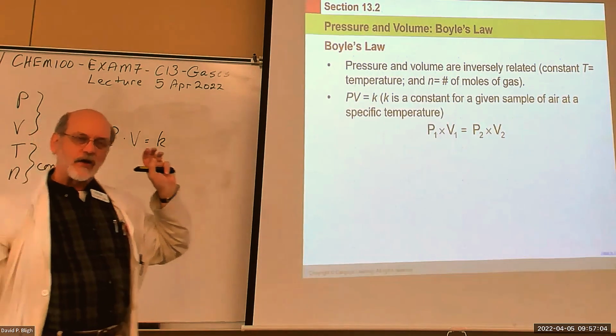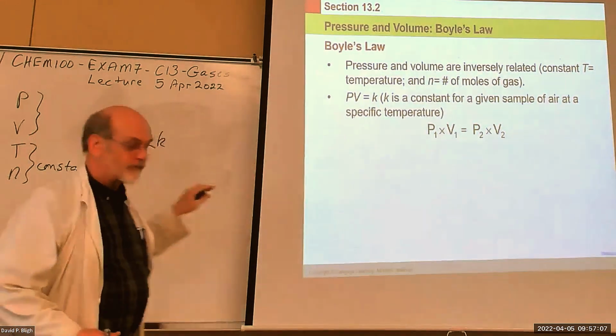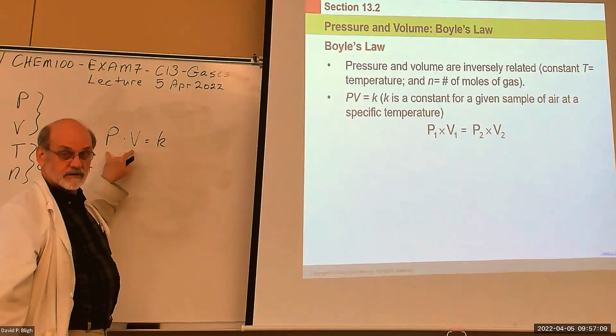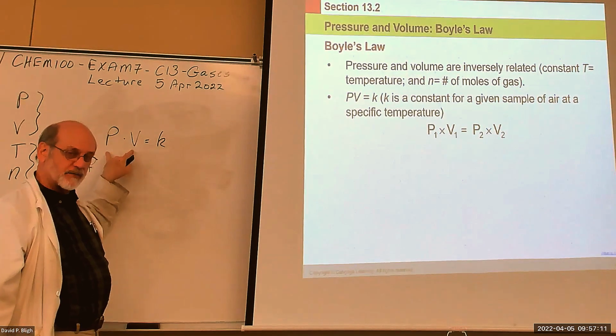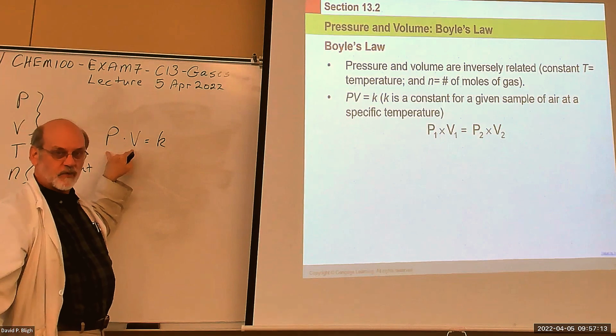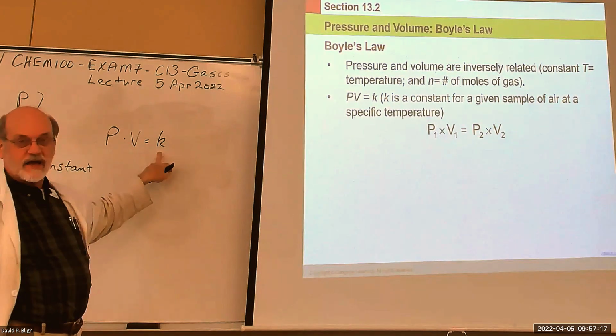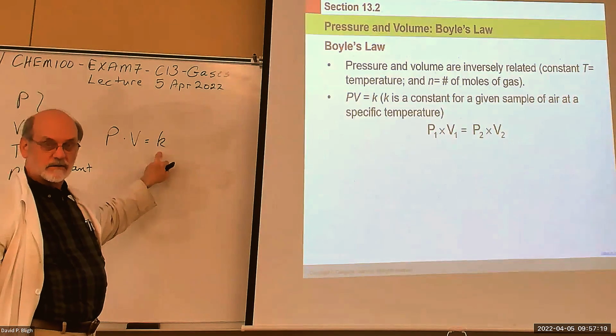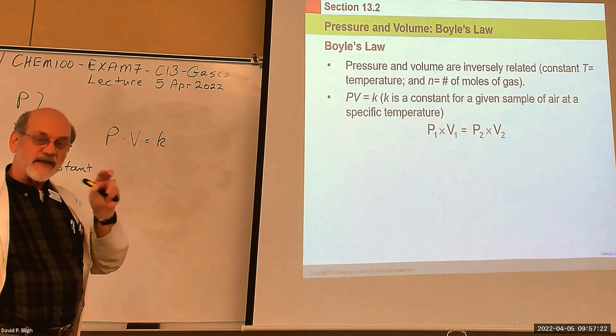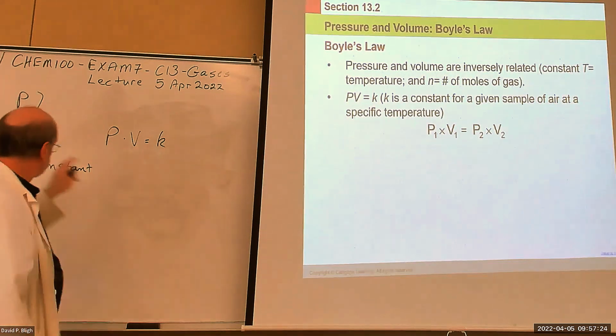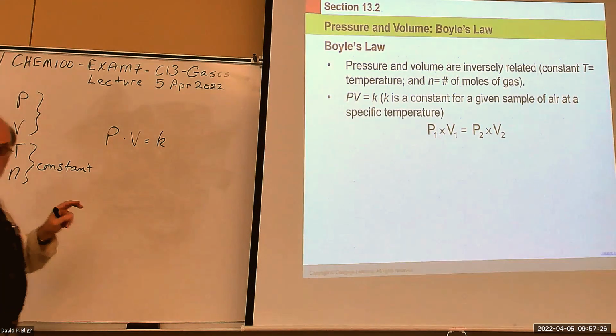Suppose I know the conditions before, pressure and volume on that gas are these values, and then I want to change the pressure, say increase the pressure. Now what's the volume? Why do I need to calculate the K? I don't. Because that same experiment where temperature and moles do not change,